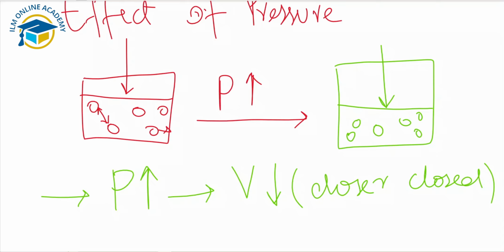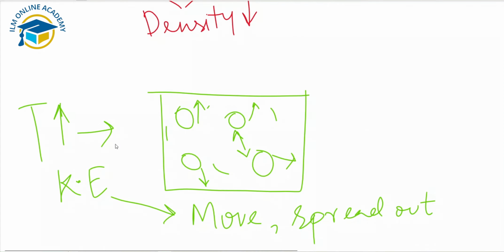And as the temperature increases, the volume increases. As you can see here, by increasing the temperature, the volume increases. Increasing the temperature will increase the kinetic energy of the gas particles, so the gas particles will move and collide with the container more quickly and spread further apart. So